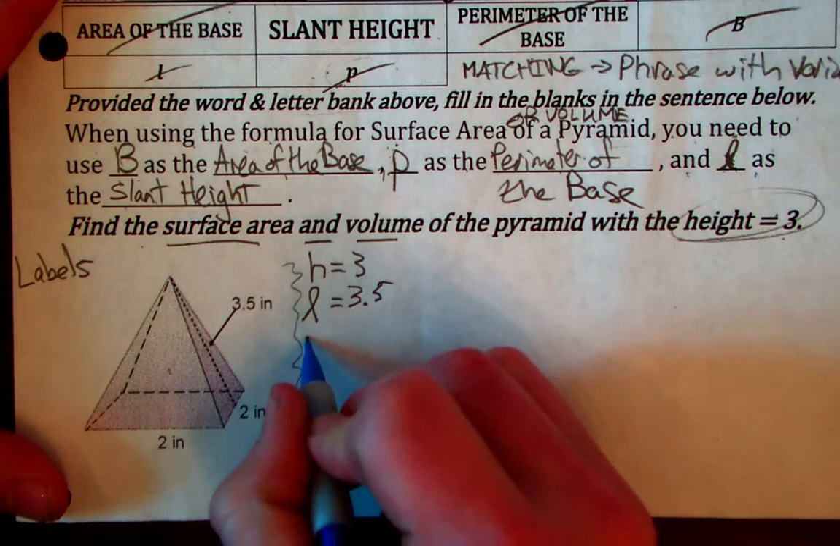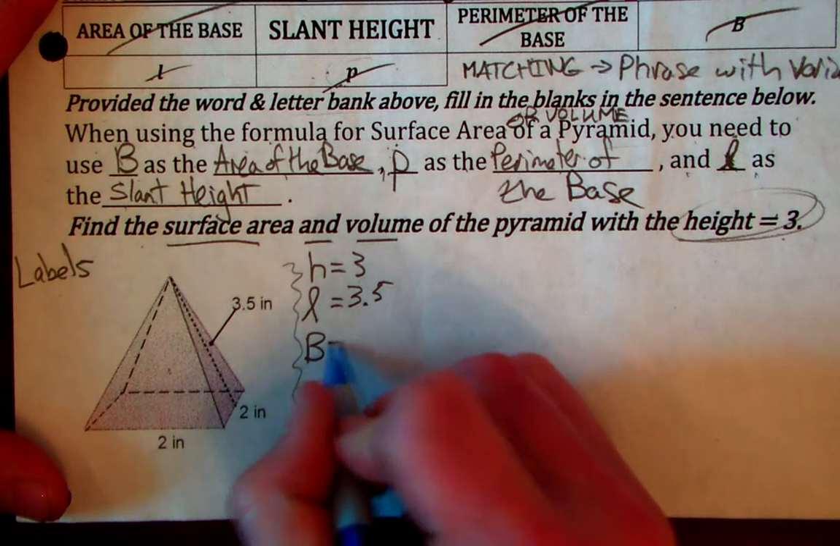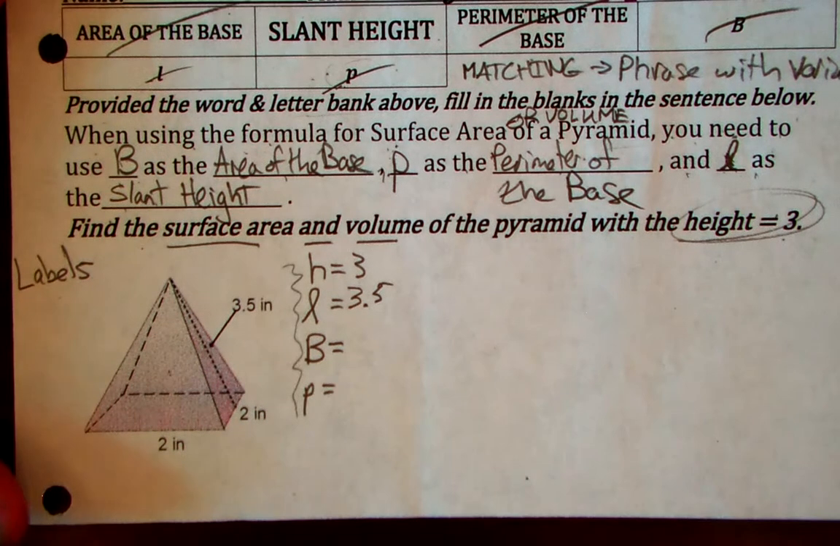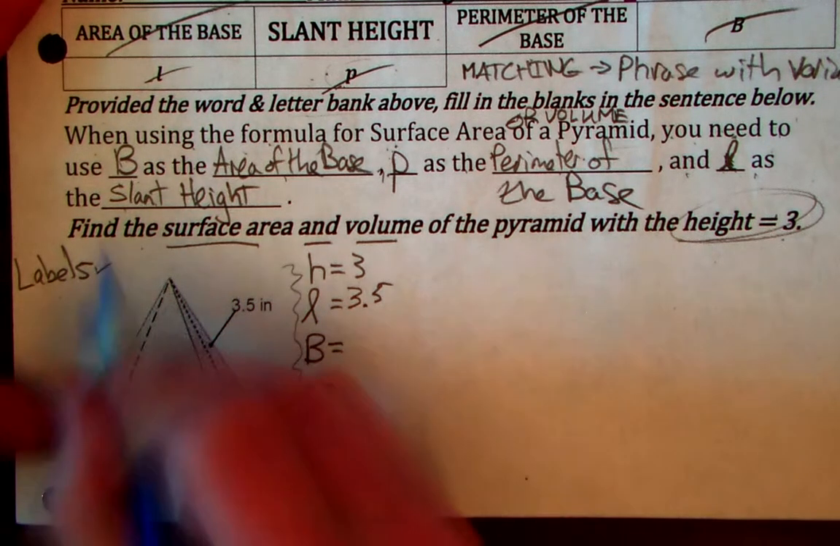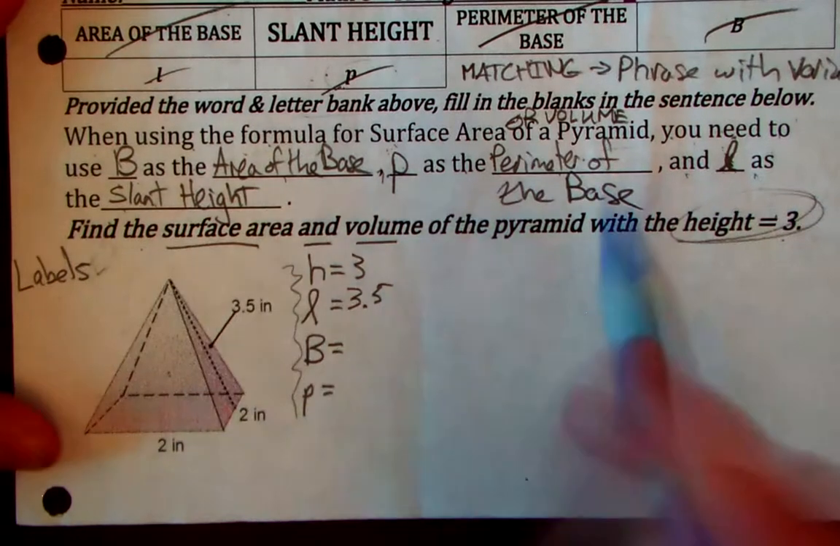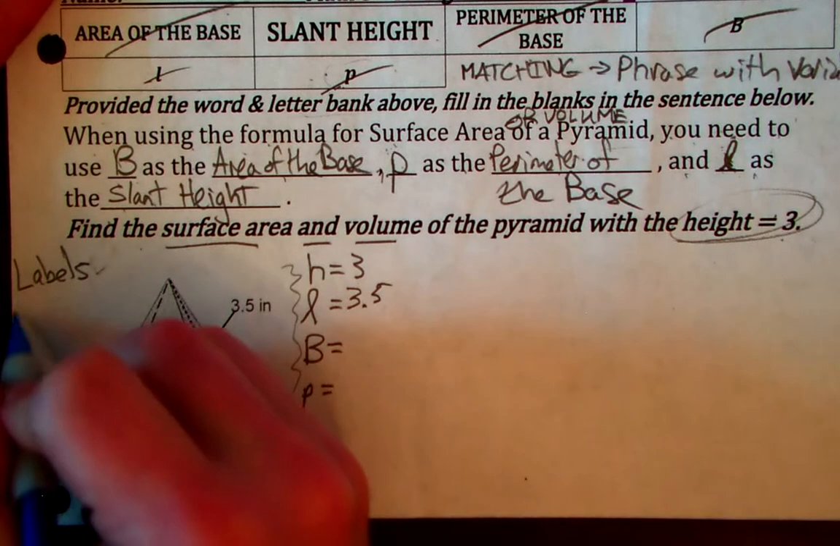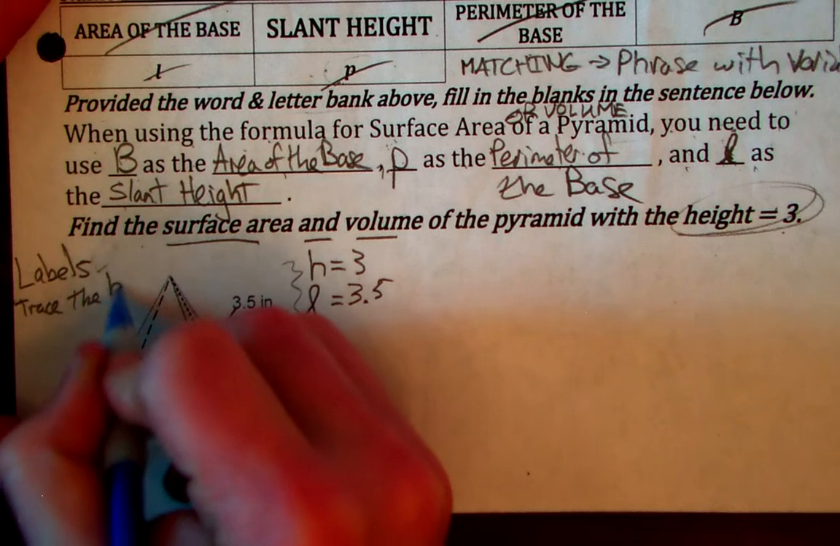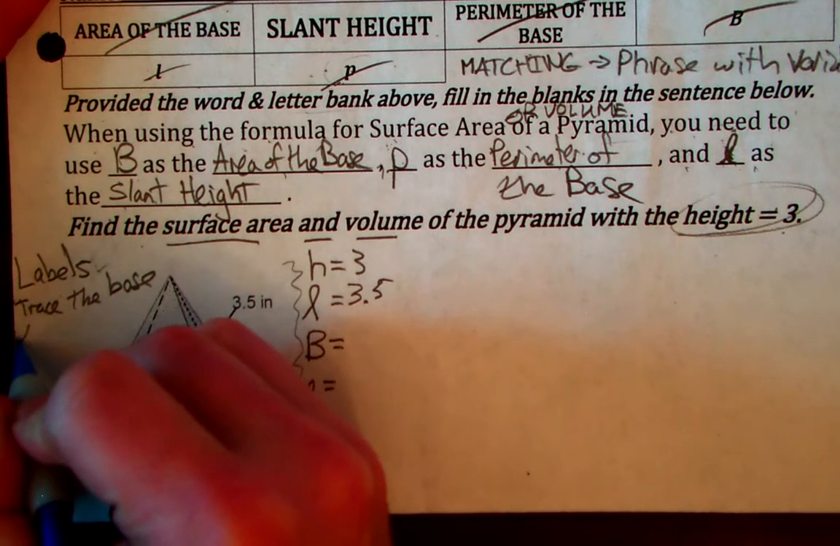And now the last two, again, we're going to have the area of the base and the perimeter of the base. Well, what do we need to do for that? To be able to do that, you want to be able to trace the base and redraw